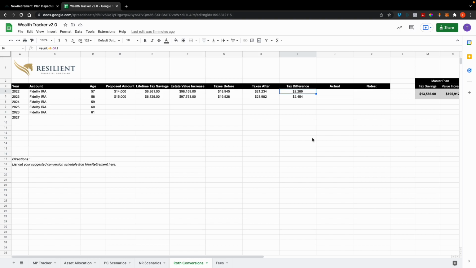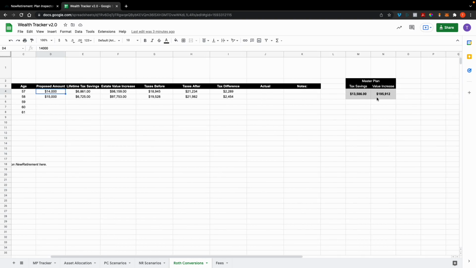as far as conversions. Okay, and then if you do in fact decide to convert a specific amount, what you can do is, at the end of the year, you can put the actual amount of the conversion here, just so you know how much you actually converted, okay, compared to what you were thinking about converting. And then you can even reconfigure this to show the actual value increase using that specific amount if you do in fact plug that into your scenario, right?